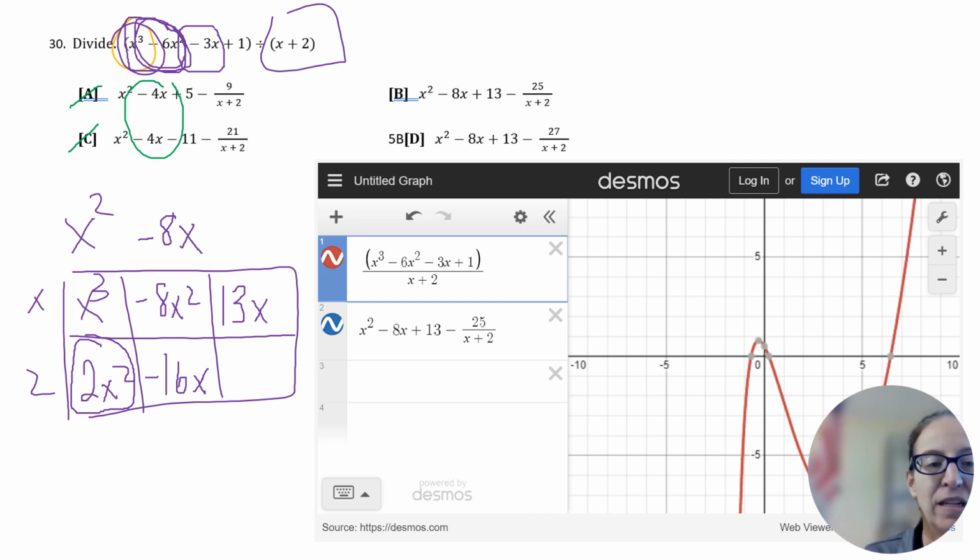X times what gives me 13x? That is 13. Now that doesn't help me. My 2 remaining answer choices are both up to 13, so it's going to come down to that remainder. 13 times 2 is 26, but I need a 1. So that means this must be negative 25, which is going to give me answer choice B with the negative